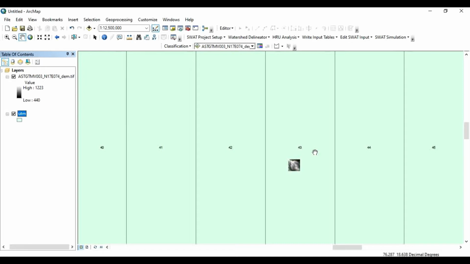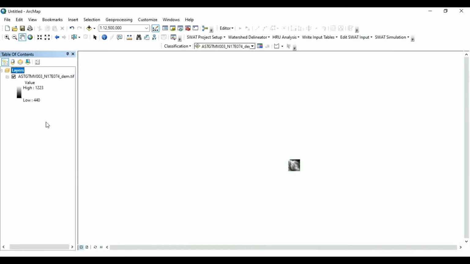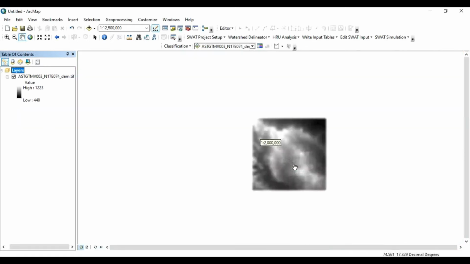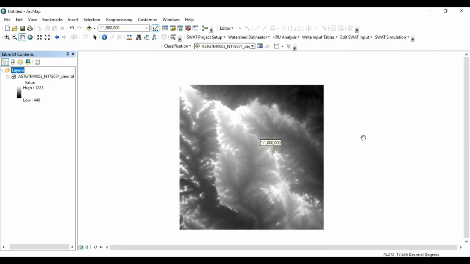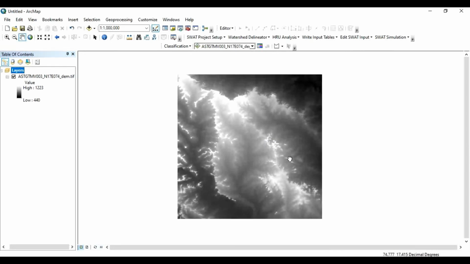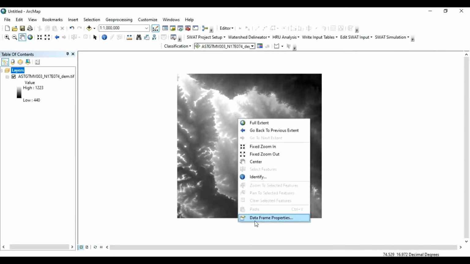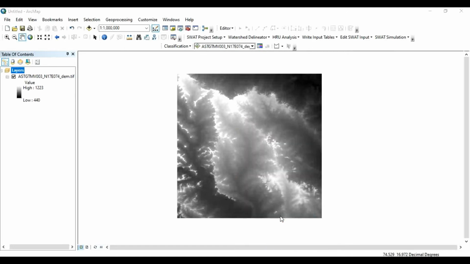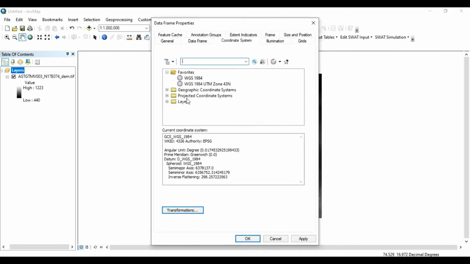Now let's see how to project this area in the required system. So you can remove this UTM file, just remove it. Okay, now enlarge the DEM file. So just right click on this figure, then click on the data frame properties.